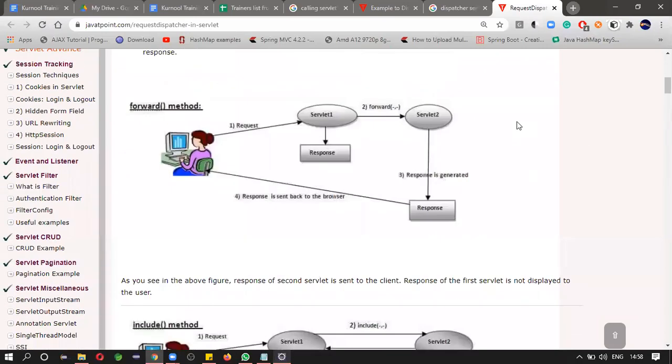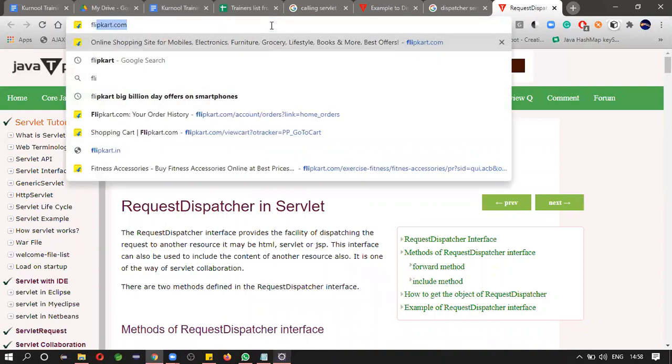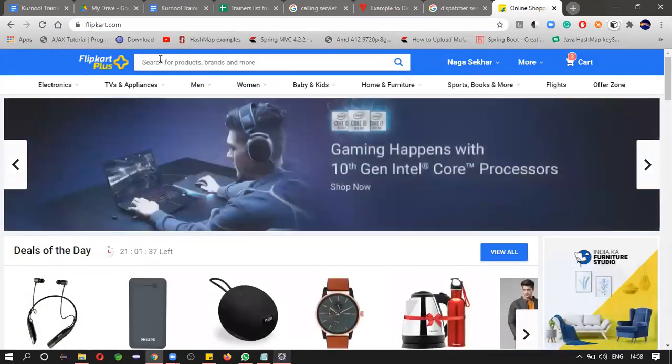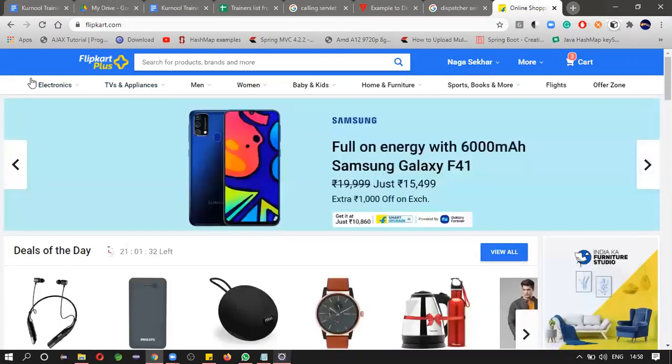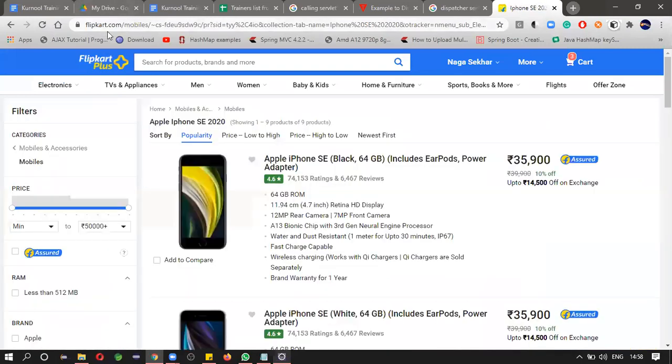See, I already logged in to this site. All the details are mentioned here. Whenever I click on something, see the URL. Now see, it will be redirected to mobiles slash. These are internal links, and this is the item name and so on.